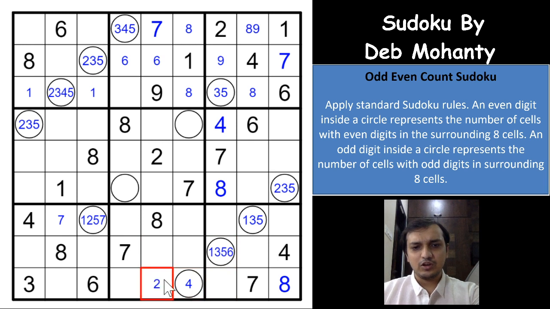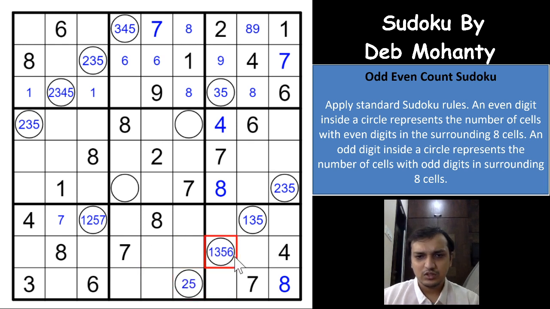So if you have a 4 here, you'll have a 2 here, 1 even digit, and 3 even digits will have to be here, which is not possible, right? So 4 is not possible, 2 and 5 are the possibilities, right? Excellent. Oh, 1 is also not possible here, only 3, 5, 6 will be possibility, because if you have a 1 here, you already have 2 odd digits here.